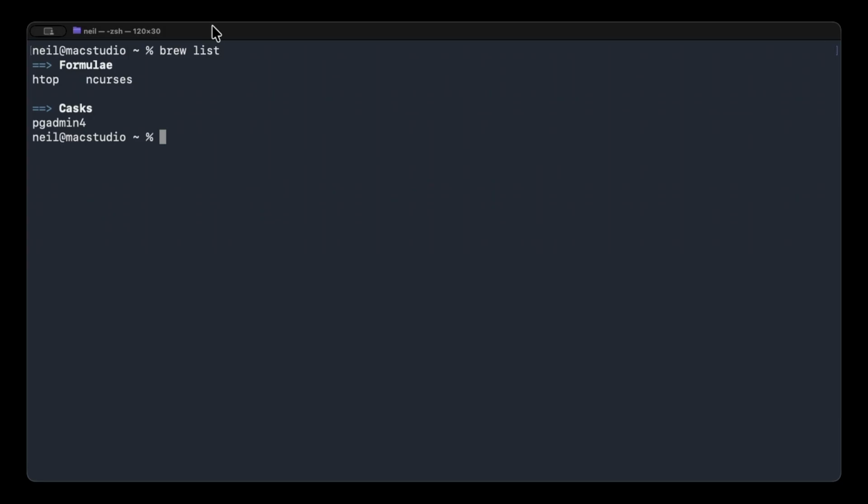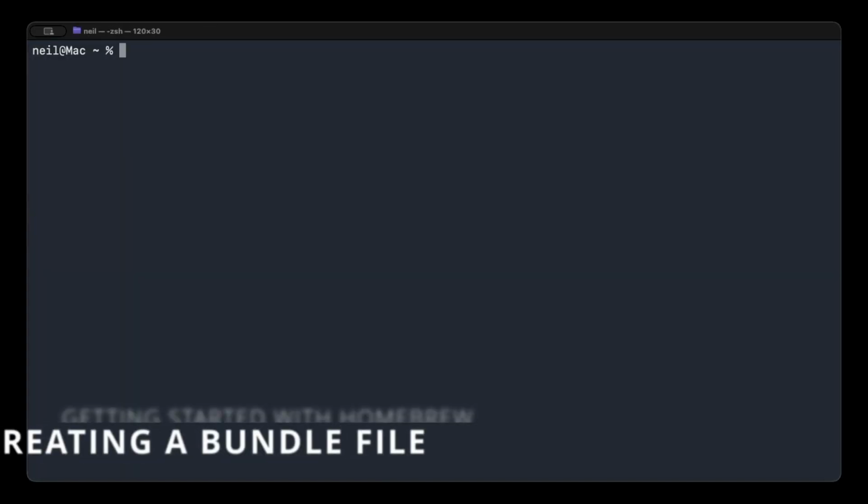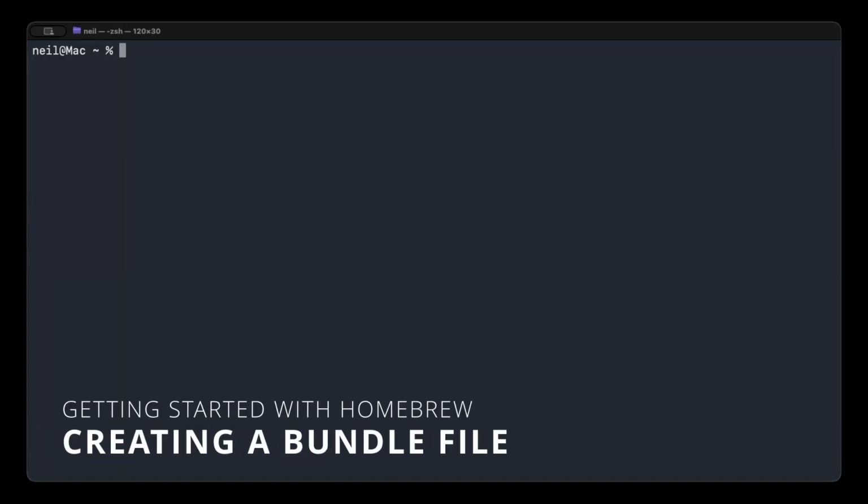If you want to get the details of just one package, run brew list and then the package name. I'll do this for htop again just to give you an example. As you can see, what it shows is where it's installed. Before I go over this part, I just wanted to let you know that I've installed some additional packages, mostly